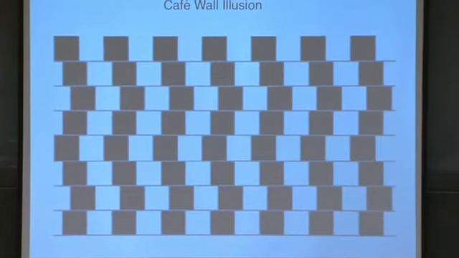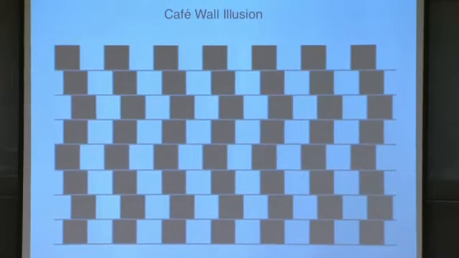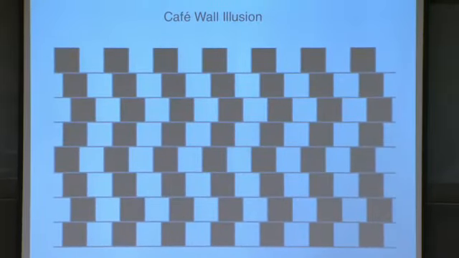This illusion that Richard Gregory describes, he was inspired because he saw a wall in a cafe that looked like it had not been well assembled by the person building it, as if they had been consuming something from the cafe as they built the wall, and bizarrely having all kinds of lines that are not lined up as you would expect in well-constructed tiles on a wall. But in fact, every line here is perfectly straight, and you're interpreting the black and white edges to confuse you about the lining up across the horizontal.